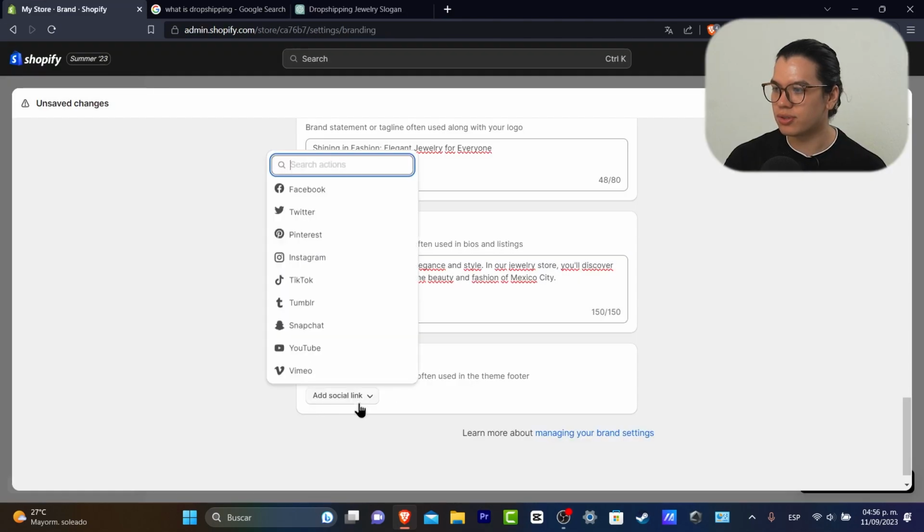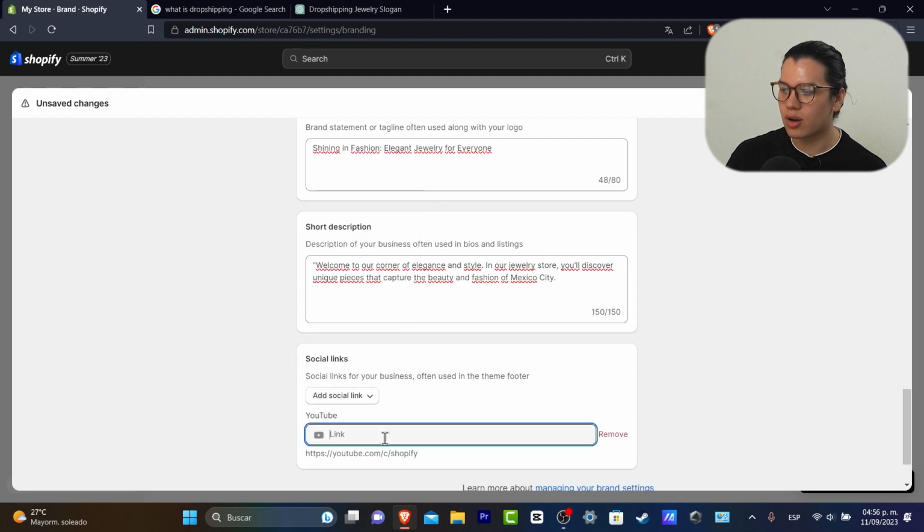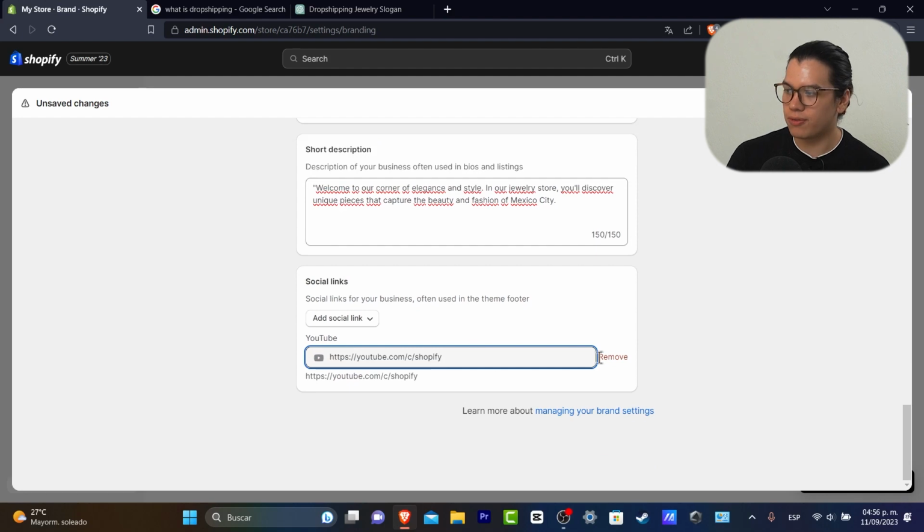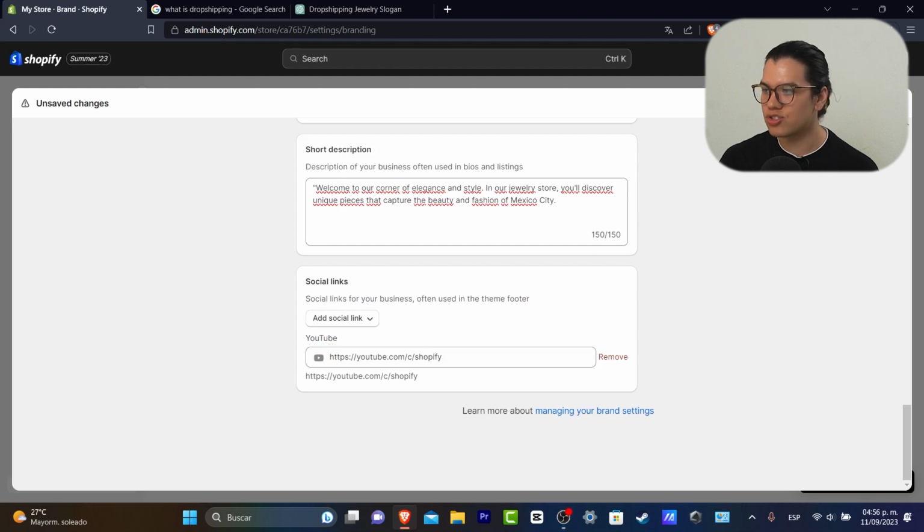So now the social links, you can add your Facebook, your Twitter, your Pinterest, your Instagram, TikTok, and all of those here. So usually I'm going to add YouTube. And what I'm going to be doing here is just to add the default of Shopify, just as an example. Of course, you can add your own here later. So you go here into save. So now check this out. Now what I do have here inside the section,